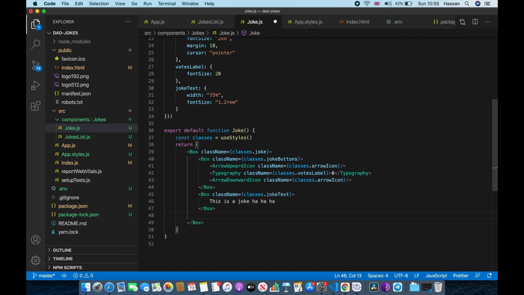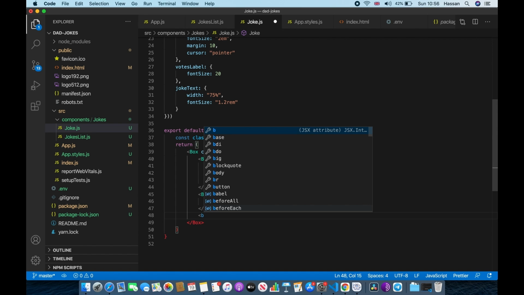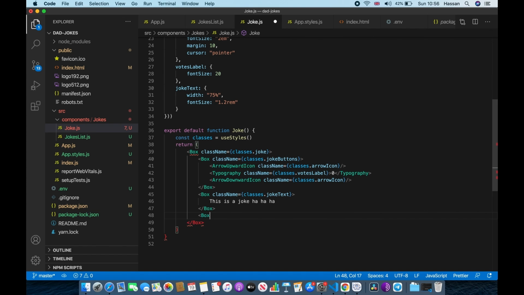Now we should do our last box, which is going to be the emoji itself. Depending on how funny the joke is, we will make the emoji laugh more, like it will be smiling more the funnier the joke is, and as the joke is not funny, we will make him frown. But as we are just designing it right now, I'm just going to keep it as one emoji,